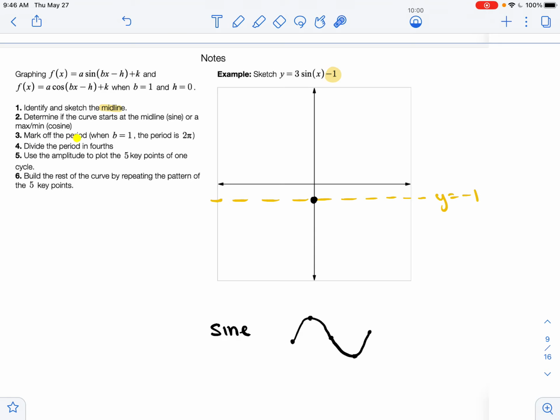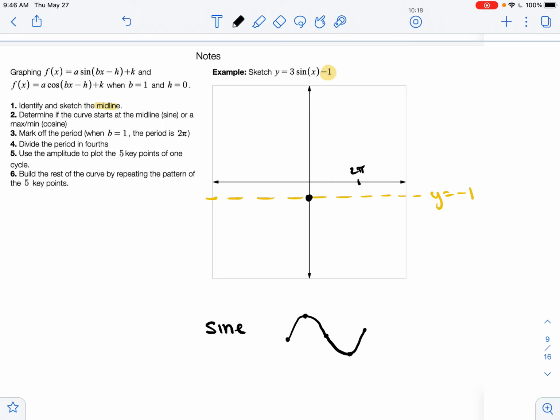Step 3 says mark off the period. When our b value is 1, which is what we're going to see today, the period is 2 pi. When we don't have any effect to the argument, the input of our sine or cosine function, our period is 2 pi. That means it takes 2 pi units to complete this behavior. There's symmetry in this behavior. So if I were to think about dividing that length, 2 pi, into 4 pieces, 1, 2, 3, 4 pieces,